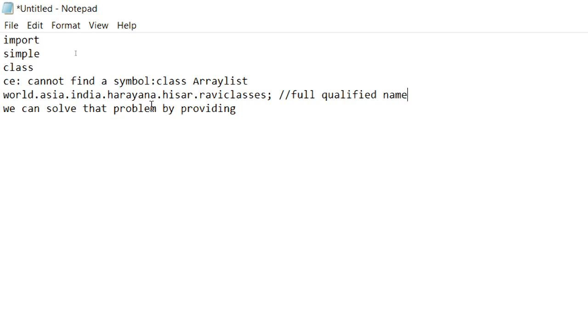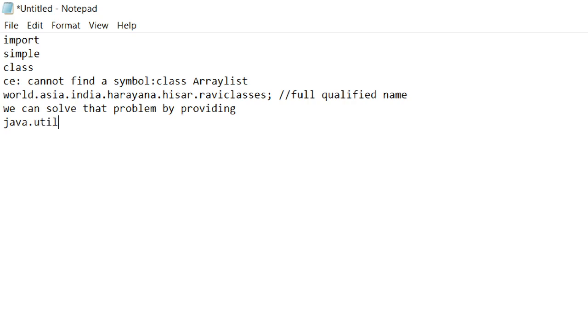Like that, I take a class, and in it I take ArrayList. He doesn't know where that ArrayList is available. So we can solve that problem by providing ArrayList with fully qualified information like java.util.ArrayList. ArrayList is available in the util package.